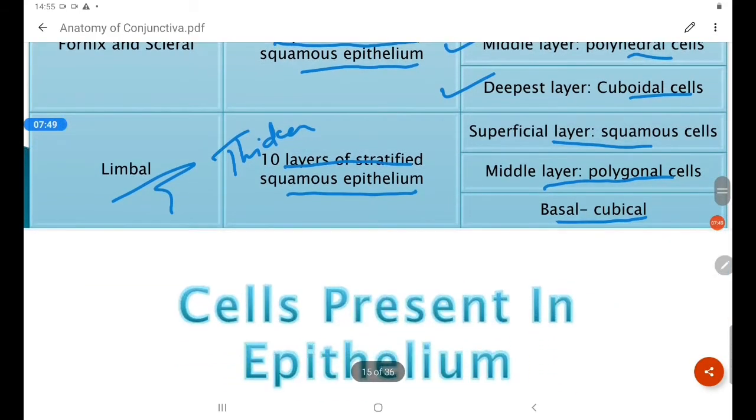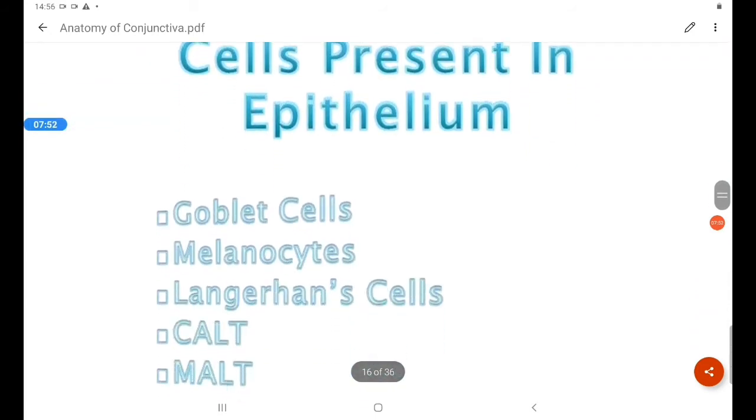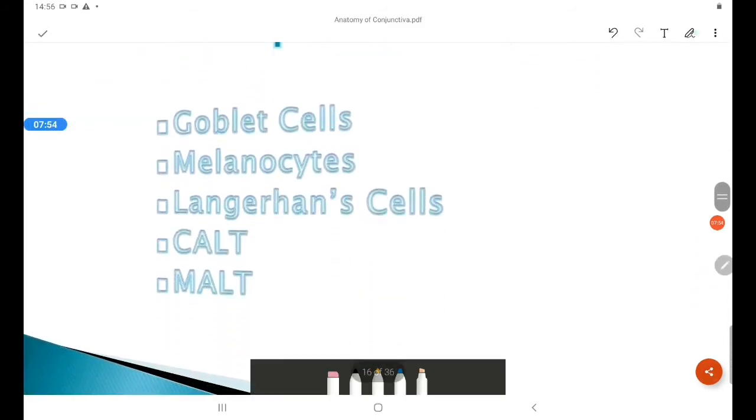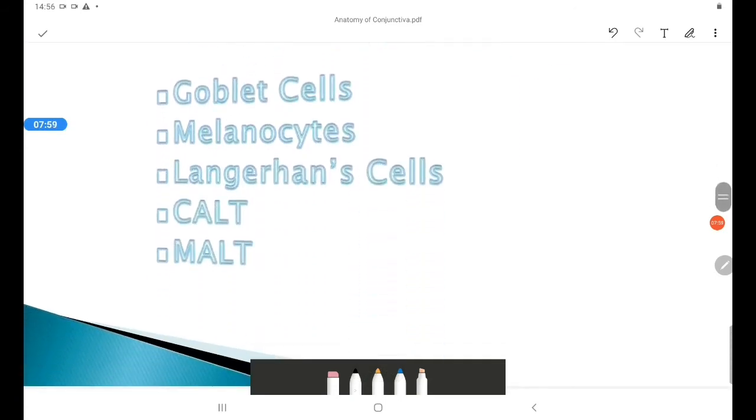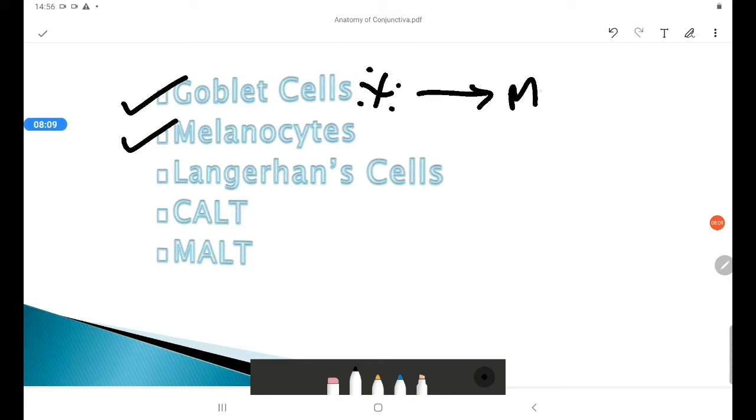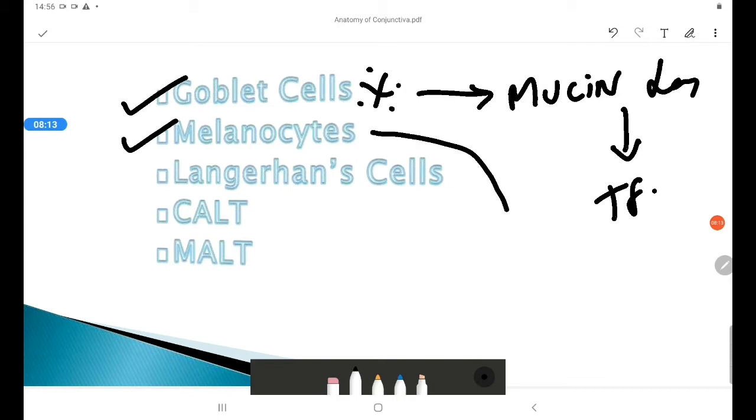Now within the epithelium there are certain cells that you should be aware of. That is the goblet cells and the melanocytes, which are most important. Goblet cells are responsible for the mucin layer, which is, as you remember, a layer of the tear film, and melanocytes are responsible for nevi, which you see on the conjunctiva. It's called the conjunctival nevi,